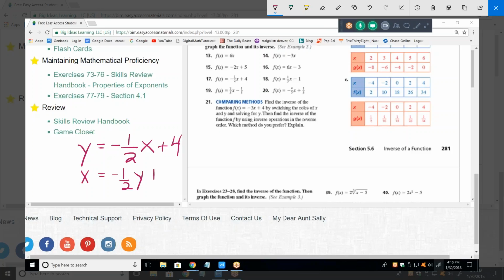And next line. You can do it in 2 steps. You don't have to do it all in 1 step. So x minus 4 equals -1/2 x, or y. And then,